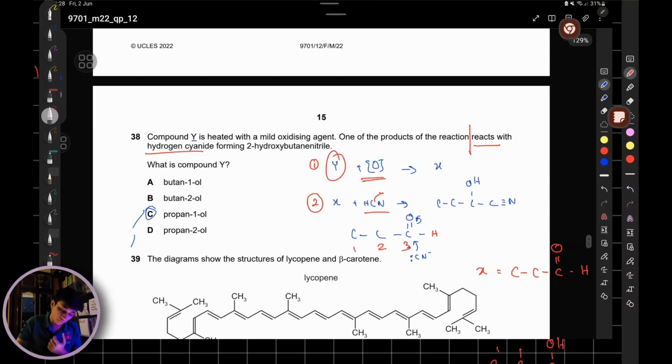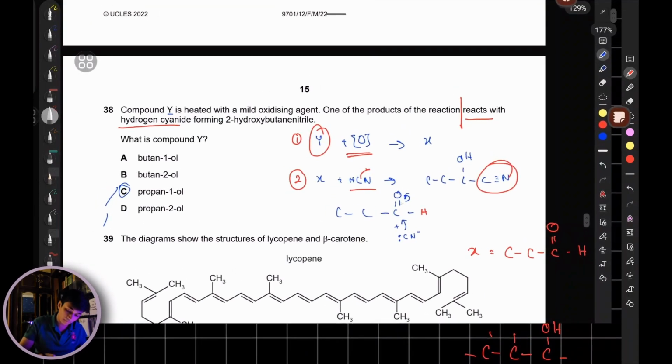Now, it's going to be an aldehyde again because it could have been a ketone as well, but you know the cyanide group, the nitrile group, is at the end. Therefore, you have to work with an aldehyde so that the nitrile group can be added at the end, right? Great. So when you're reacting with the aldehyde, the nucleophile comes in and attacks the carbon attached to the oxygen,